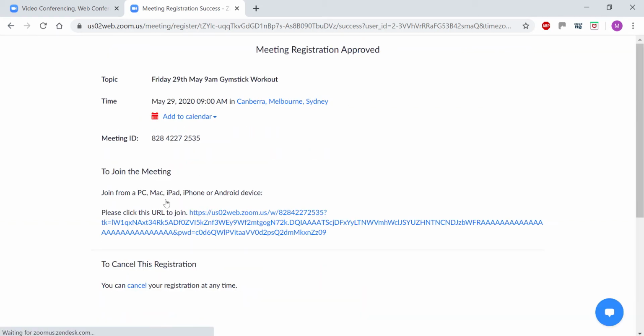So once you've registered, you'll get a meeting approval. This is all automated, so you don't need to remember anything. And the part that you need to click on, if you want to access the workout at the time of the workout on the date, is to click all of this blue writing. And all you have to do is put your cursor there, left-hand click, and it will open up to another